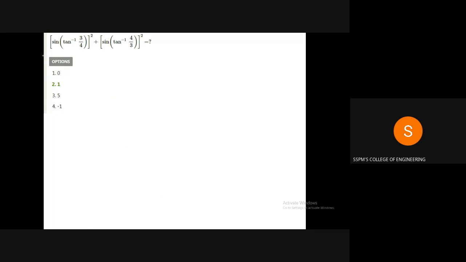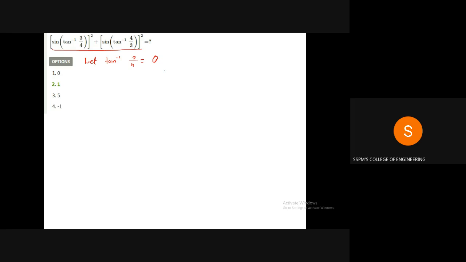Now we have to find the value of this term: sine of (tan inverse 3 by 4) whole square plus sine of (tan inverse 4 by 3) whole square. What is tan inverse 3 by 4? Let us assume that tan inverse 3 by 4 is equal to